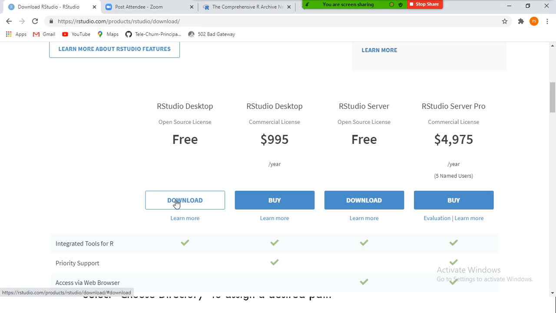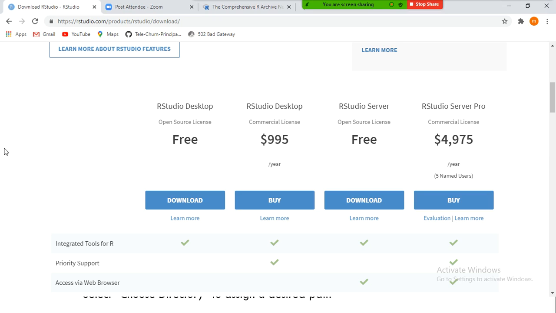If you download this, it will download an .exe file. If you double click on the .exe file, it will bring up an installation window, and there you don't have to make any changes. Just go by the default settings and click next continuously. The installation will start.